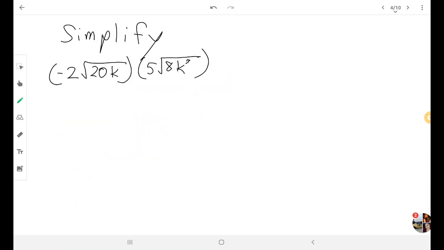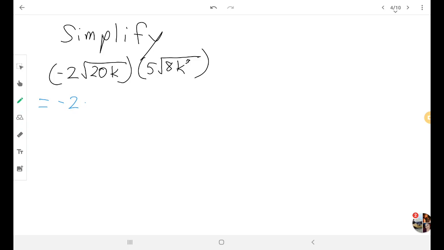So here is the next board. And now we're going to put numbers on the outside. And the rules about multiplication still stand here. Notice all of this. The whole big thing is still just a bunch of multiplication. So I can still pull it all apart. So now I can say -2